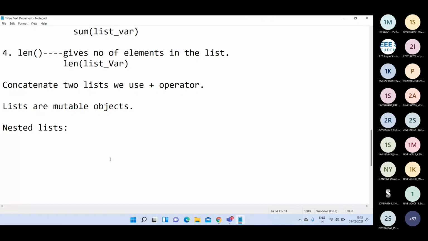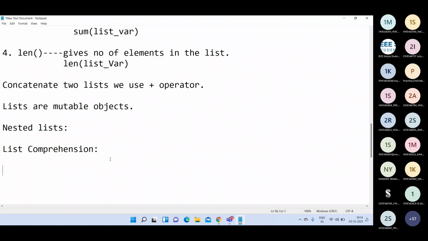Then the next important one is list comprehension. Does anyone have any idea of this? I will tell you. Generally a list can be created by writing a list variable equal to square brackets with some values.